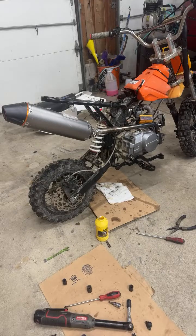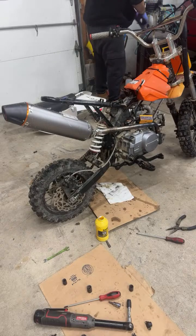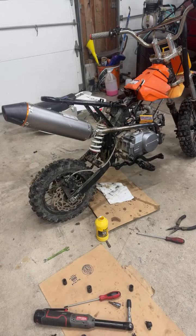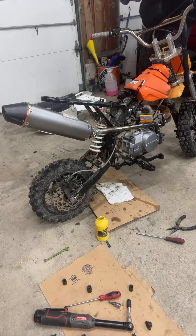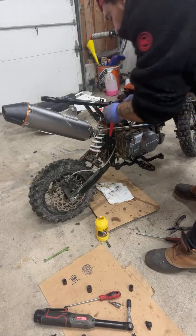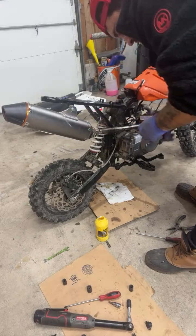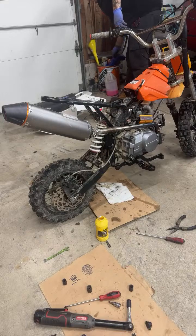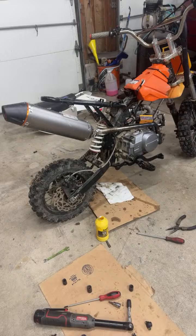I'm looking for a funnel. I don't want to make a huge mess. I thought I just bought a funnel. This might work. So I have one, but